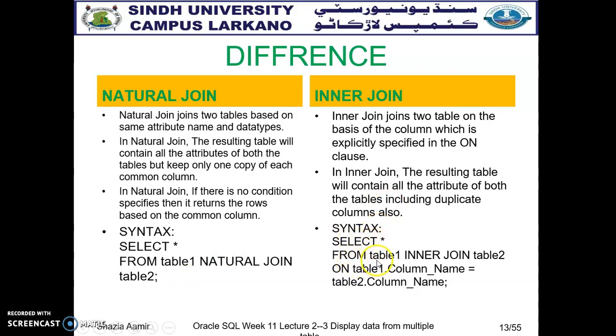That is, select all from table 1, then apply an inner join clause with a formulated expression on table 2, and apply an ON condition where table 1 data must be equivalent to table 2 data. Table 1 is the parent table and table 2 is the child table. So table 1 has the primary key, but table 2 has the foreign key data. So that must match, then it will return the data on the basis of the primary key to foreign key concept.